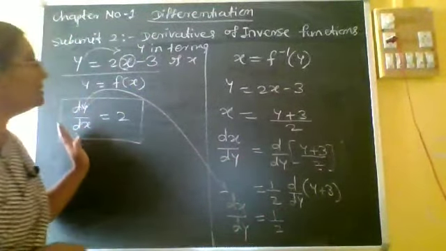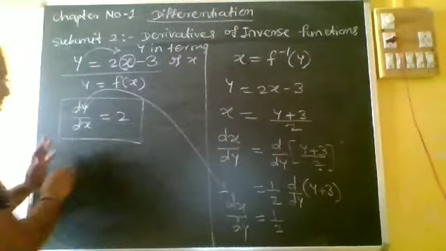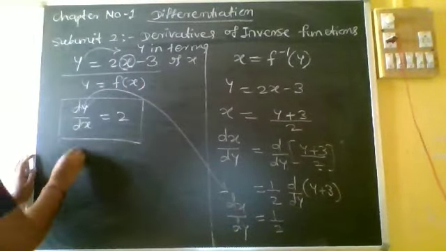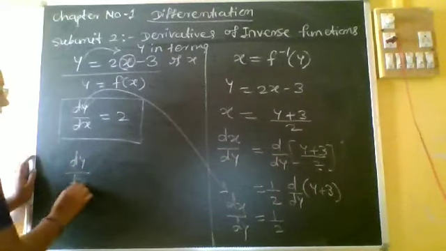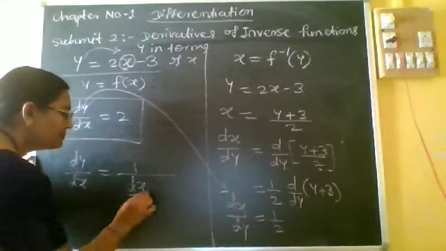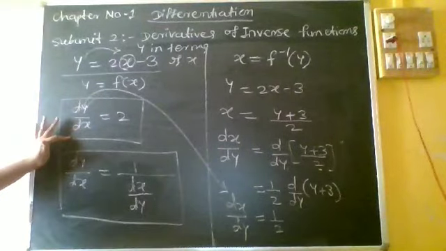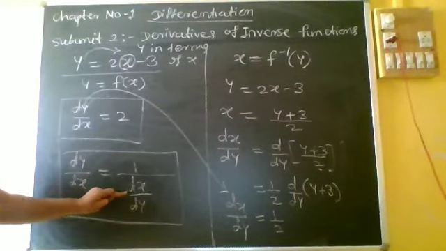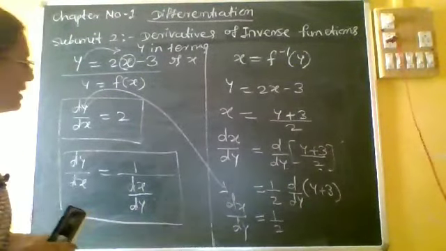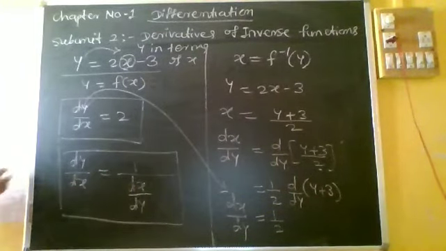Therefore, the derivative of the inverse function, these two processes are inverse, that is, these are the reciprocals of each other. It can be written as dy by dx is equal to 1 upon dx upon dy. Okay, dy by dx is the reciprocal of dx upon dy. This point is clear, go through this, I will come back.